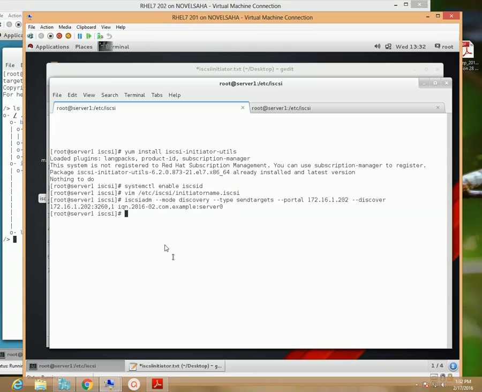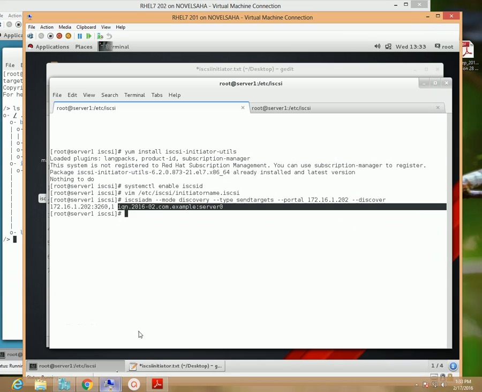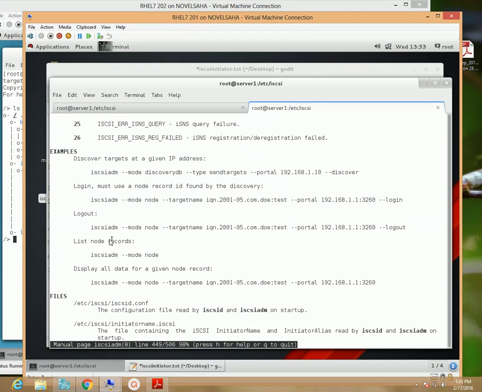Okay, so that is the IQN we have created from our iSCSI target server. You can check it from the target server. Look, this is the IQN of the server 0: iqn.2016-02.com.example:server0. Now we need to use another command, which is the login command, so that we can log into the